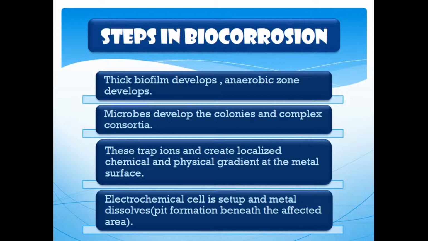Fourth, an electrochemical cell is set up and metal dissolves, causing pit formation beneath the surface area, the affected area. This fourth step tells us that the combination of oxygen, metal, and electrolyte is enough to set up